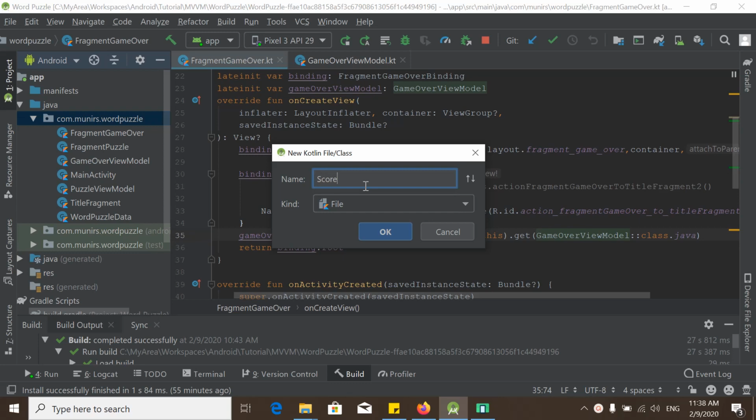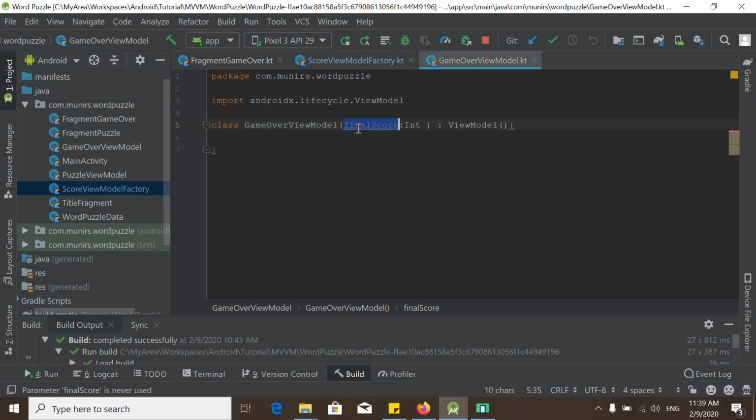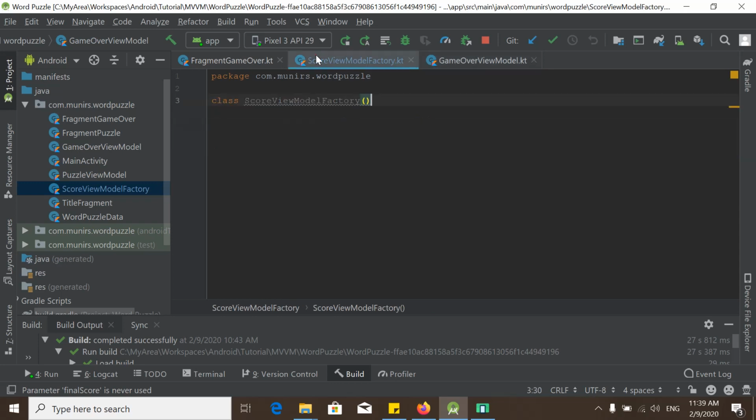So we first create the class ScoreViewModelFactory, and in this class we will pass the same argument. This is our dependency, so we create it here as a private val,